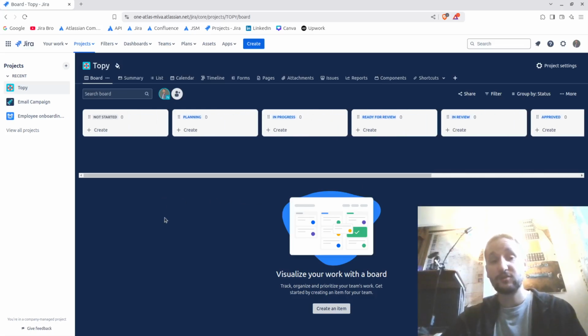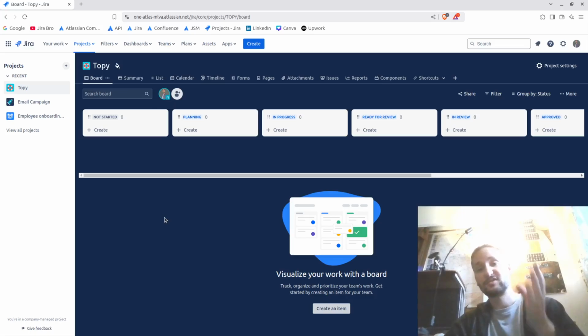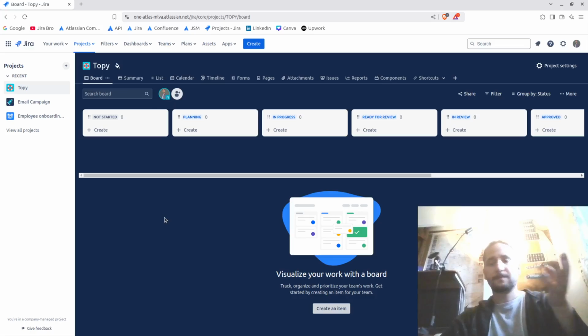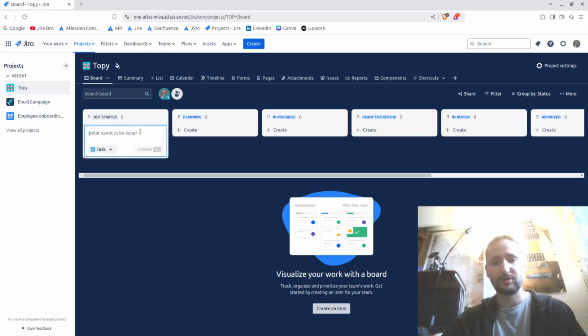Of course, if you want to customize everything from scratch, you can always select to start from blank. I wouldn't recommend this, because it would take some time to set it up. It's not something that comes naturally, because maybe you want to have some new issue types or anything like that. So the easy way that we want here to create a new campaign for Topi,